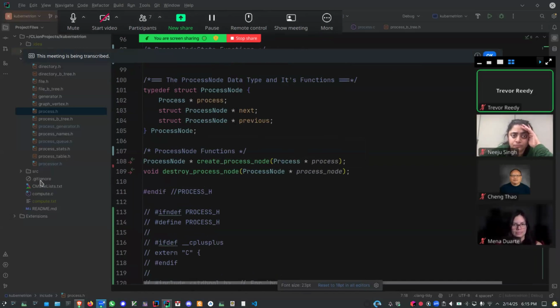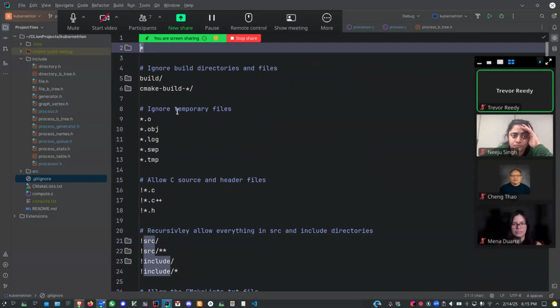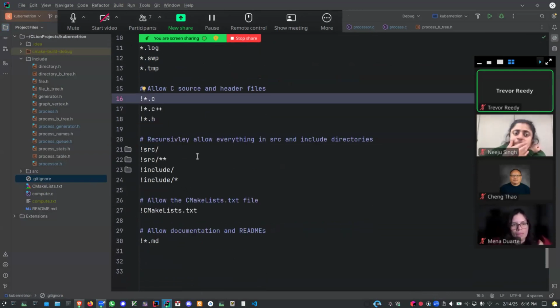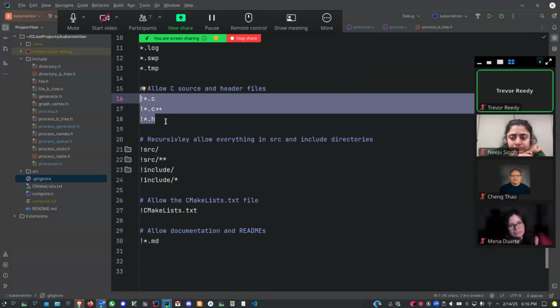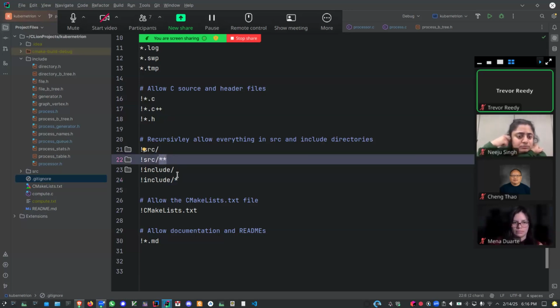Okay. So if I go here, my gitignore, you see I'm ignoring these. And by default, over here it's saying ignore everything, I believe. And it's including these directories, ignore this. But now there's some directories I do want it to look at. So any file that has these extensions, I want it to keep. But then I want it to, so you see, not ignore everything, but not src, not the source or anything. And if you want it to include recursively, you have to put these two stars.